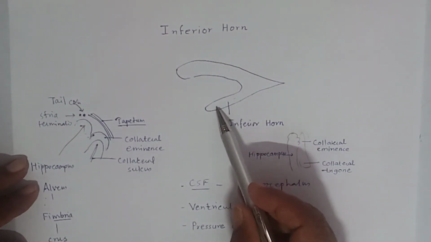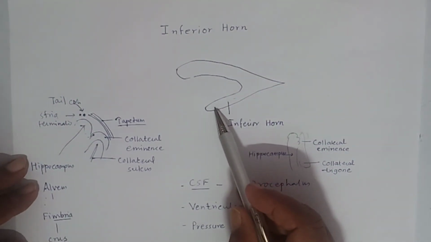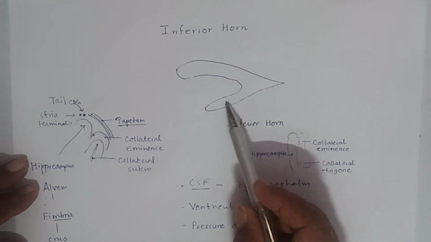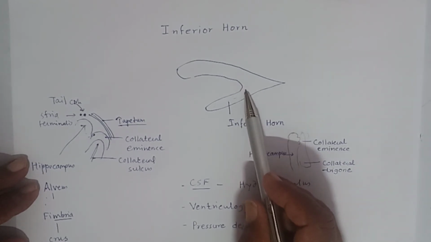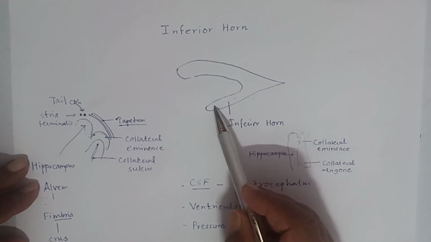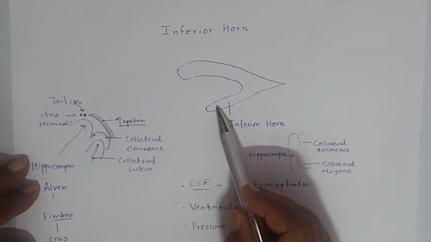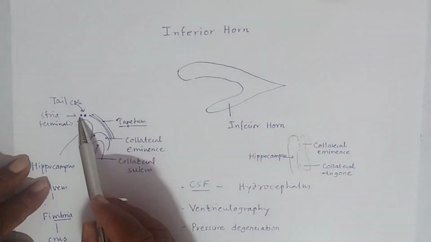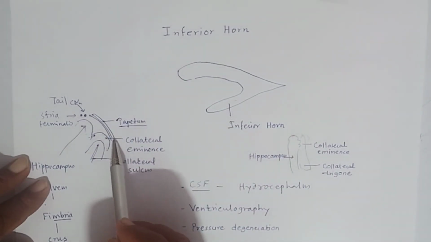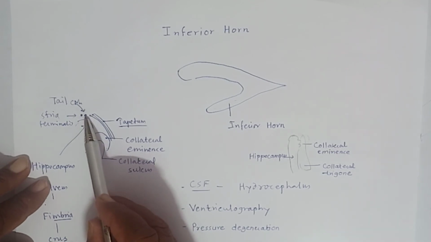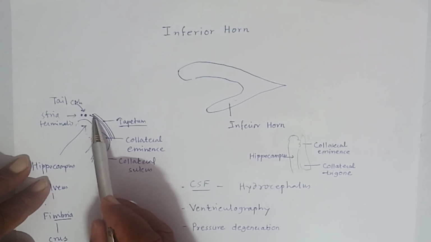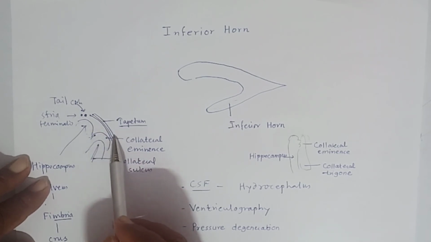This is the inferior horn. It lies in the temporal lobe. It is the longest one. It begins behind the thalamus, passes backwards and laterally, and then downwards and forwards. In the roof and lateral wall of the inferior horn lies stria terminalis, the tail of the caudate nucleus, and the fibers of tapetum. These are extensions from the corpus callosum.